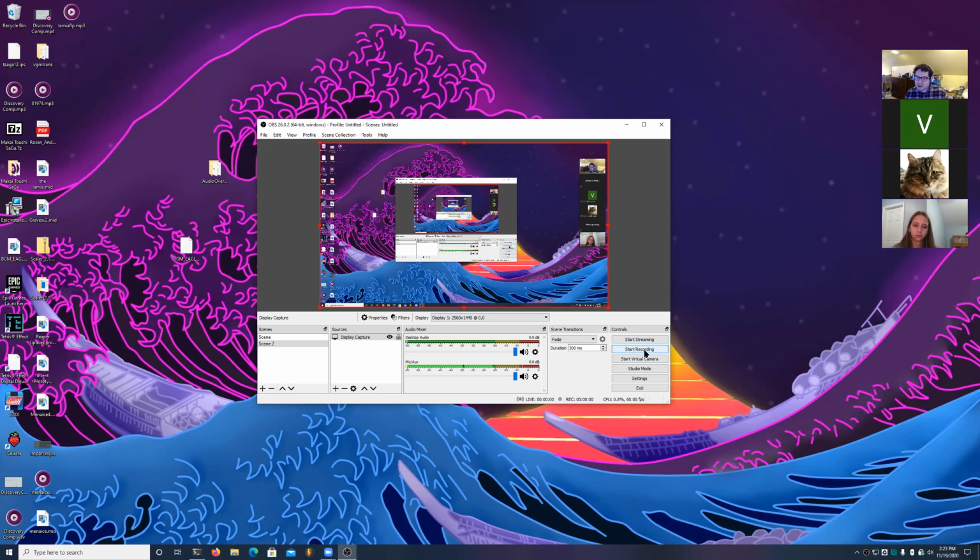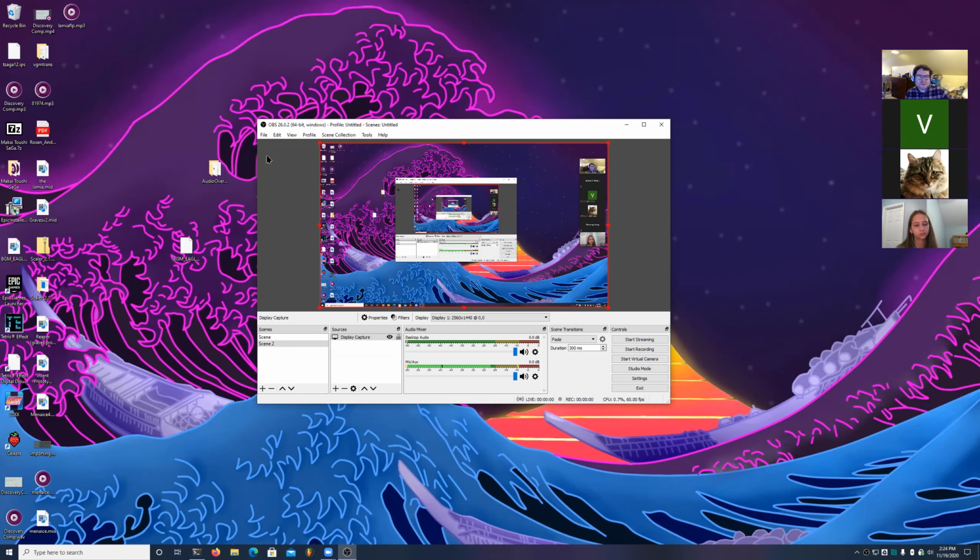Then to just start recording, you hit start recording. As you're recording, you can pause it and then it will instantly cut when you resume. So that's very nice for trying to load up stuff if you don't want to do any video editing. Stop recording and it will automatically be rendering.